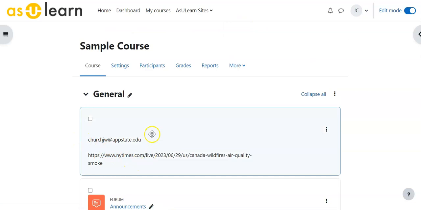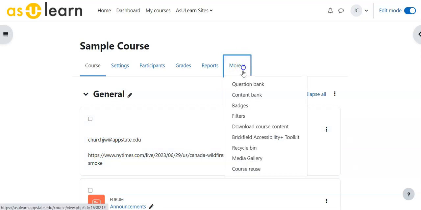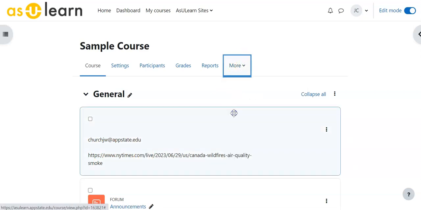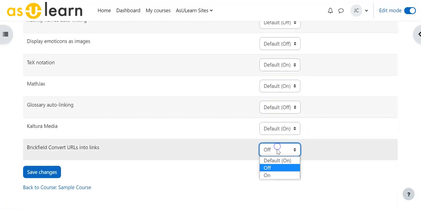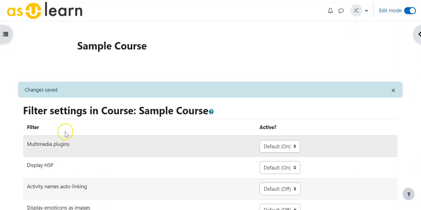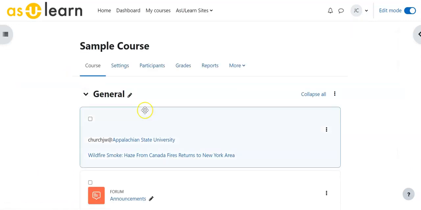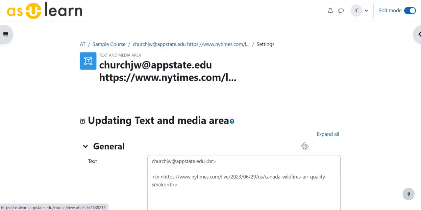So if we go back to our original URLs, my email address and the New York Times article, if we go and we turn the filter back on, and now we're back to where we were beginning. It makes that nice link out of our URL so that it's more readable, but it messes up our email address. With the filter on, we go to Settings,